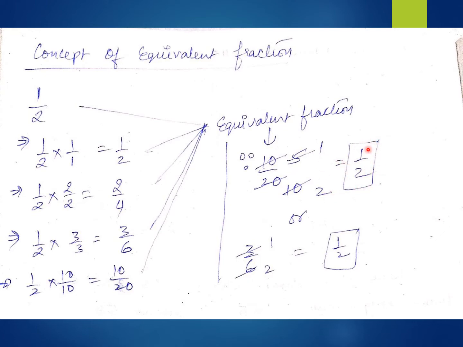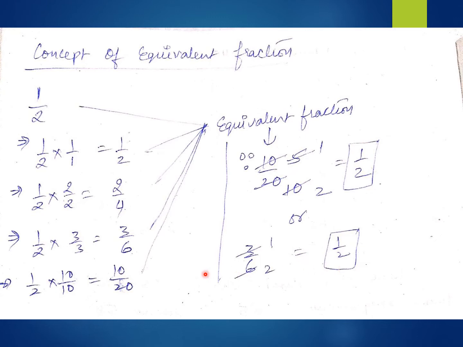You can check. You can't simplify it further. So this is the final fraction and you can see they both are equal. That is why these two are equivalent fractions. Similarly, if I take 3 by 6, see this thing. Again, it is looking different, but it is equivalent. How? Just check. Is there any number which can divide these two numbers? Think. Yes. 3 can divide both the numerator as well as the denominator. So 3 ones are 3, 3 twos are 6. So I got the answer as 1 upon 2.